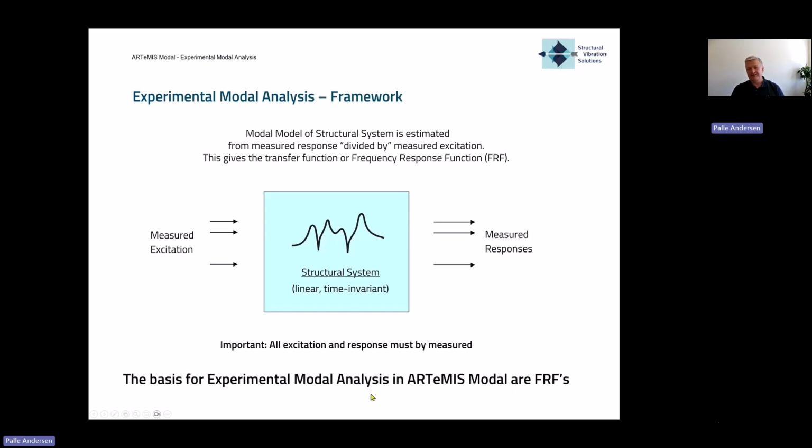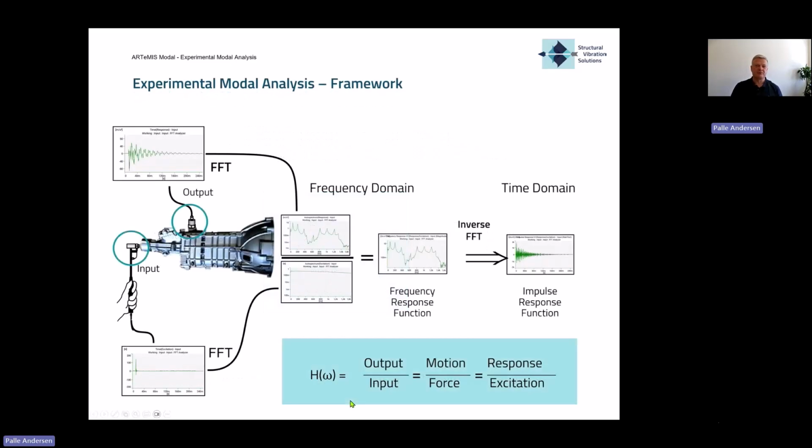And all things that we do in ARTeMIS Modal that relate to experimental modal analysis are based on the fact that we have these FRFs available. So we need to in some way get them. And this is what we are trying to do in the software, and I will try to explain how we can do it in general in